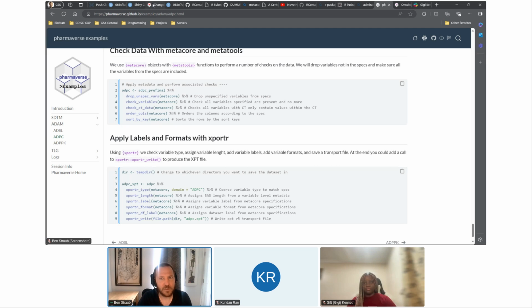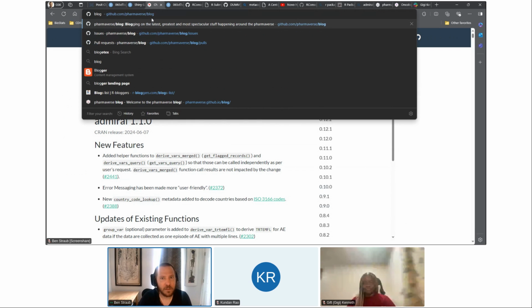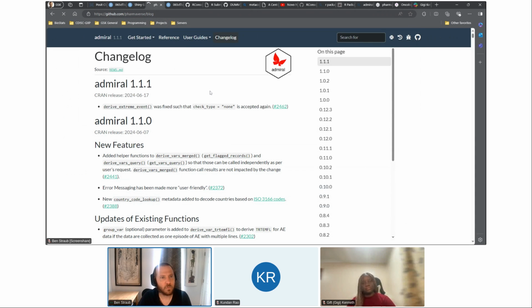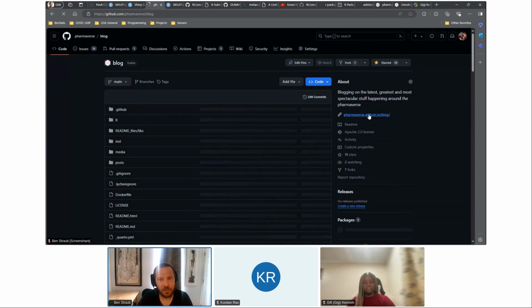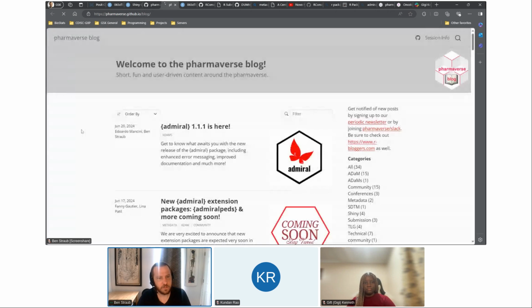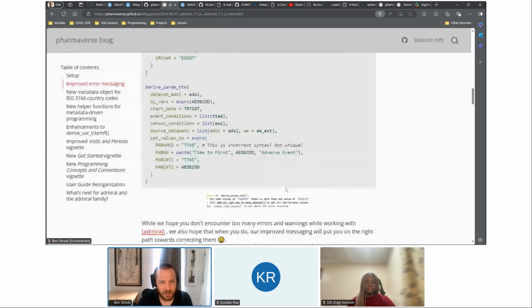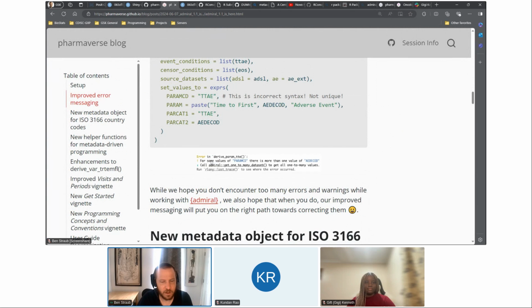And one big push that we made just recently, which I think is always very helpful, and let me go to the blog, was we did try to increase the user messaging that we give to users when something goes wrong in a function. And hopefully the blog post renders. Yeah, so there's a nice little example of how we try to improve the messaging to the user. Sometimes we didn't always pick out the function in the stack that was causing the issue, which can be confusing. The error call was sometimes to a function that wasn't available to the user, which we thought could be confusing,